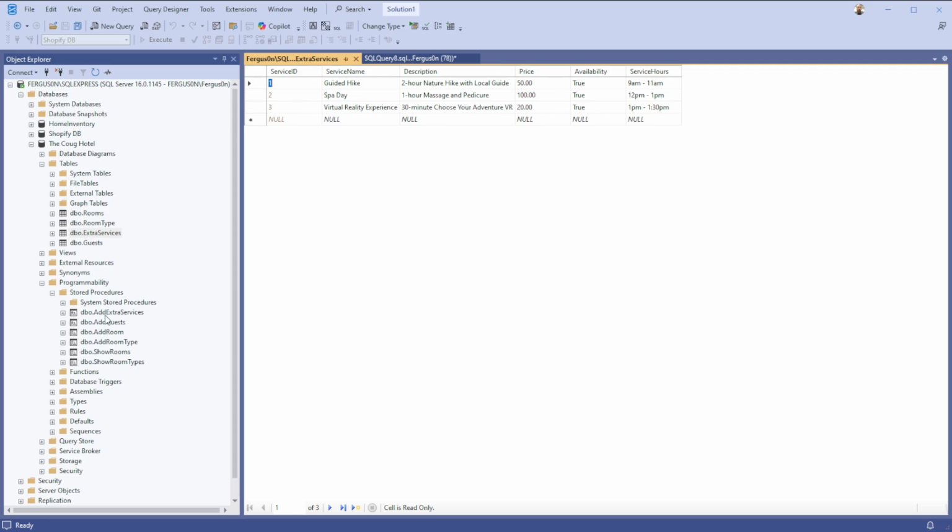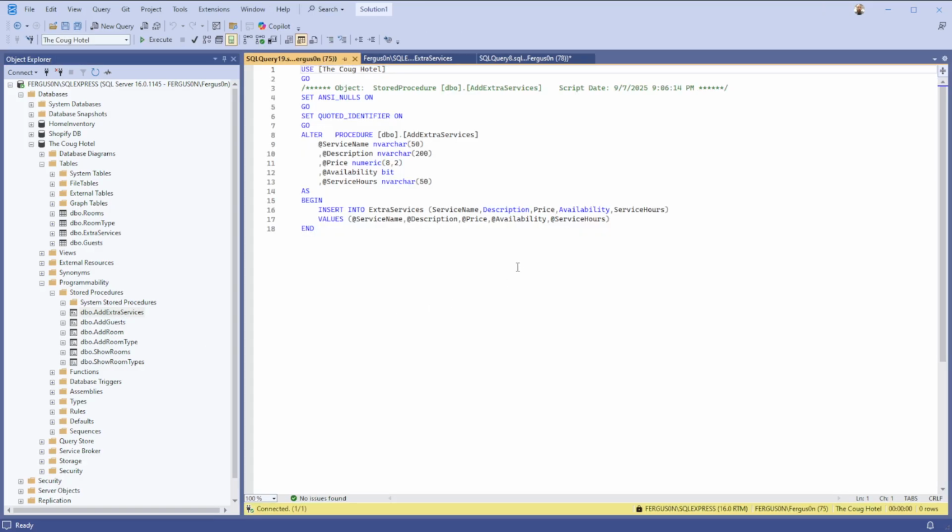For the extra services, I also have a stored procedure here. My stored procedure is very basic. I actually have my saved stored procedures that I like to use. They do the exact same thing, but the ones that I save, what do we got here? This one's for add extra services. So if I were to add extra services, I would actually use